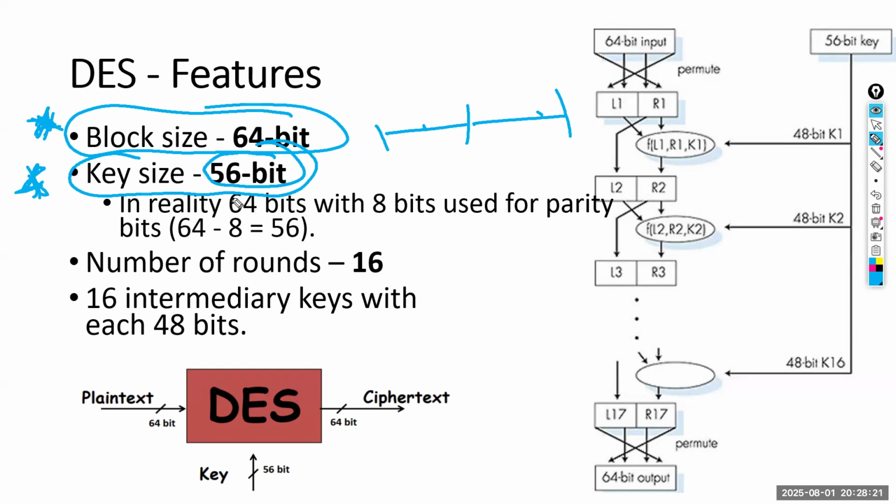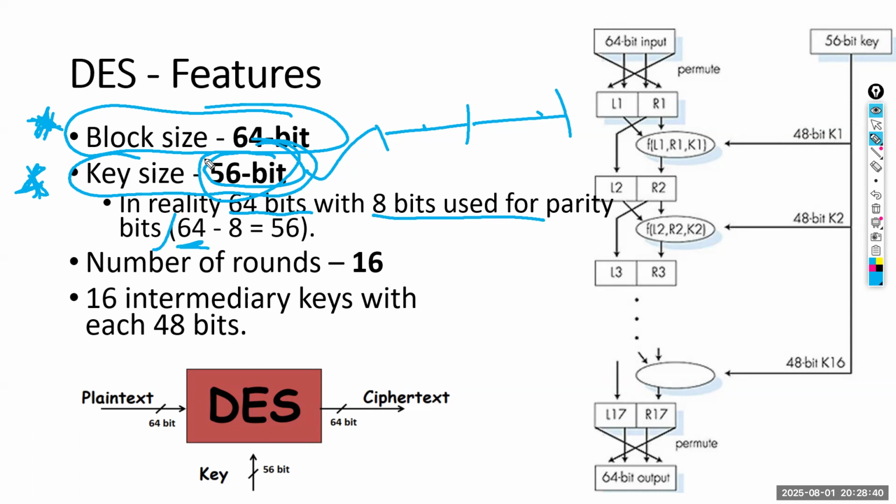So in reality, the key size is 64 bit, but 8 of those are parity. So therefore, effectively 56 bit. So in the exams, if you see the key size as 56 bit, take it as an answer. If you don't see 56, rather if you see 64, still you can take it as an answer because